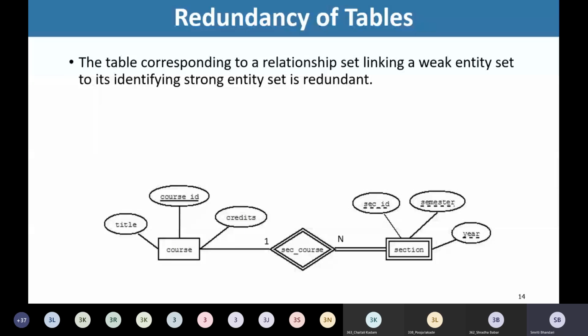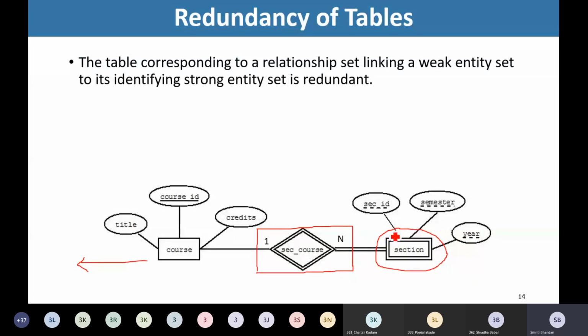So, let's proceed now with one more such situation. We have seen the weak entity set, how to convert a weak entity set into tabular form. We know how to convert a strong entity set into a tabular form, but we have not yet talked about the identifying relationship in between, what to do with this relationship. Earlier we created a separate table for course, because course is my strong entity set, right? We have created a table for this weak entity set as well.